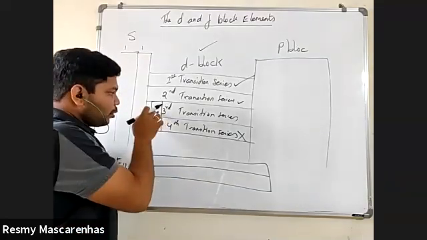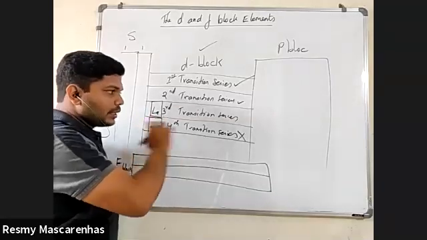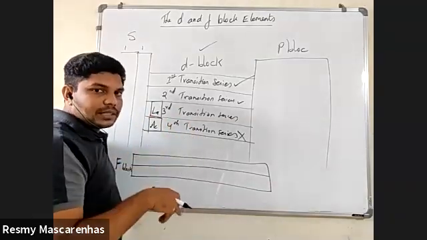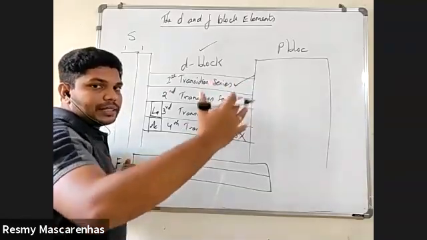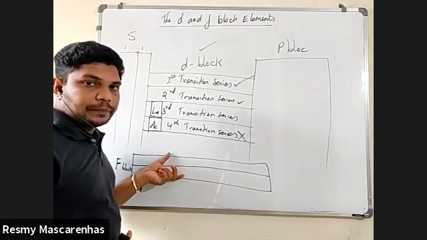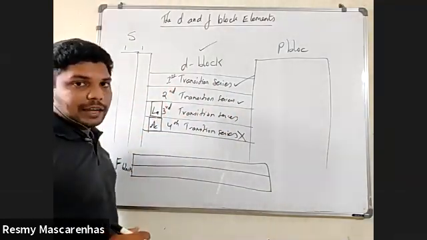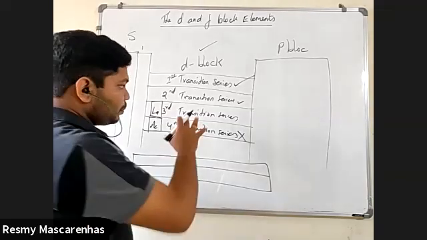Actually, the D and F block should be here, and here. They should have mentioned that, but they have not, because the periodic table would have been extended. So this is the reason they have mentioned it below here. This is called the D block element. This is called the F block elements. Please check this.